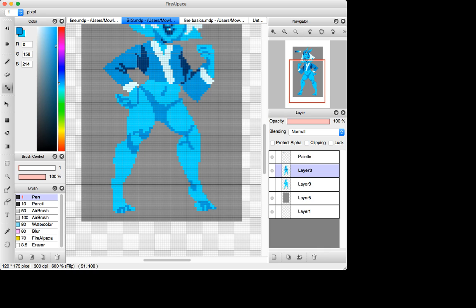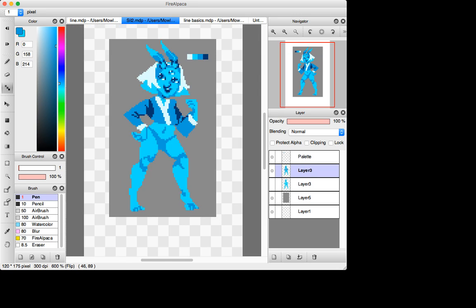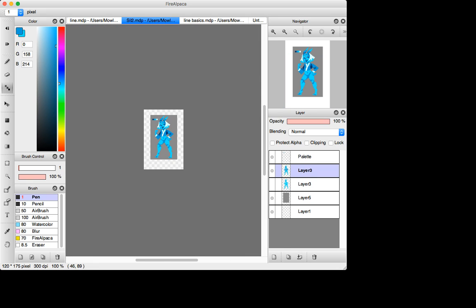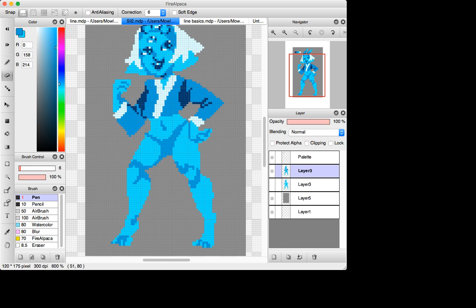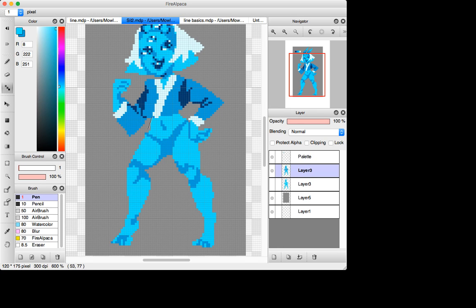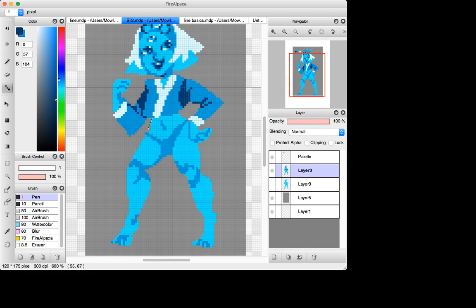Another thing I just want to point out is that with some of these limited color palettes, some of the jumps between tones might not be great for what you're working on. So totally feel free to tweak any colors as needed. I know that I would like a more subtle dark color than this, but I'm just going to work with it because I